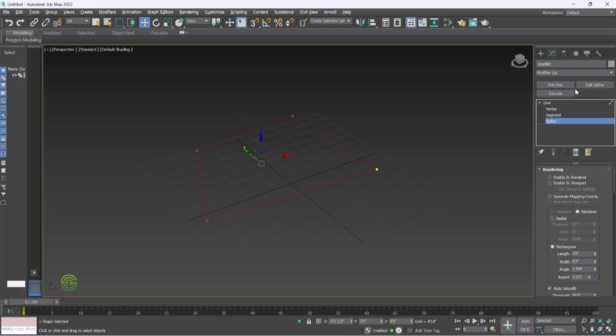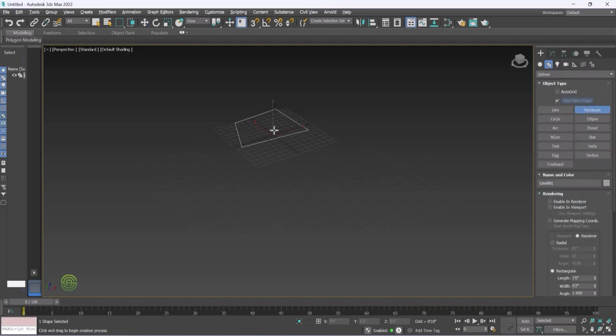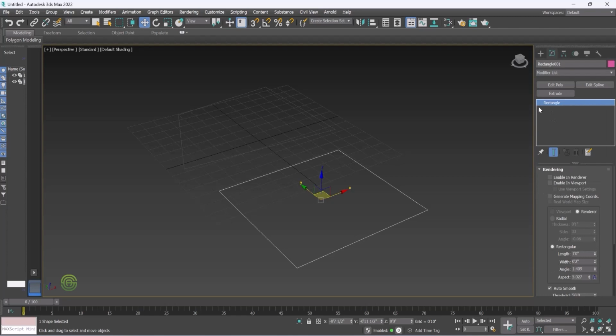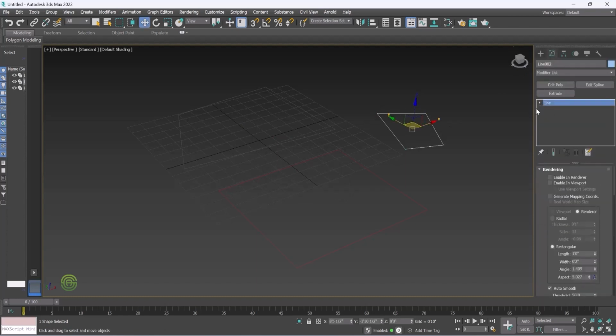Okay. Now go to create and let's create a rectangle. Now I created a rectangle. Now go to modify. See, now I don't have that button. When I created the line, I had direct access. That button was there. Now when I go to modify, directly I can see a button here. From that, I can select vertex, segment, and spline. But